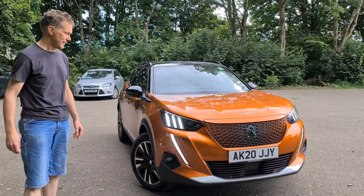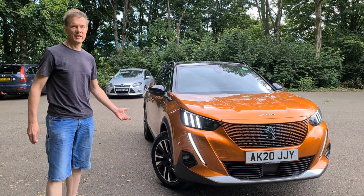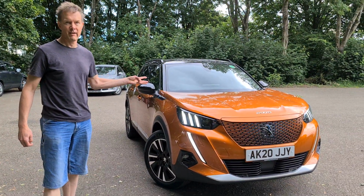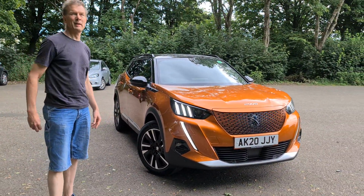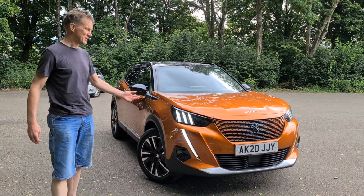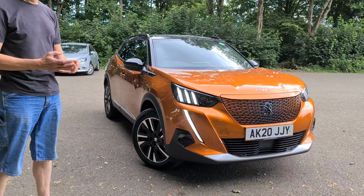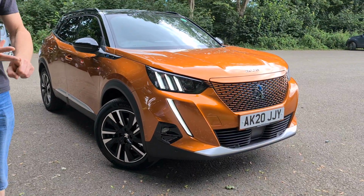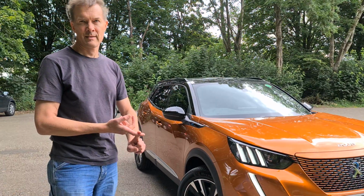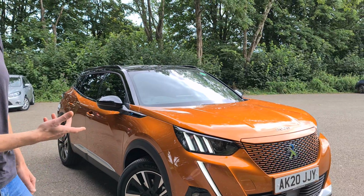Okay, so it's quite interesting because this is a car that's agnostic as to the power source, because you can get the same car with diesel, petrol, or electric engine. So in contrast to something like a BMW i3, which shouts "I'm electric," this is like "I'm a car," it just happens to be electric. It's got the same running gear as the 208 and the Vauxhall Corsa, and another couple of Vauxhall models, and also probably the Citroens as well. Yeah, the PSA battery, isn't it? All that lot. Same electric motor,